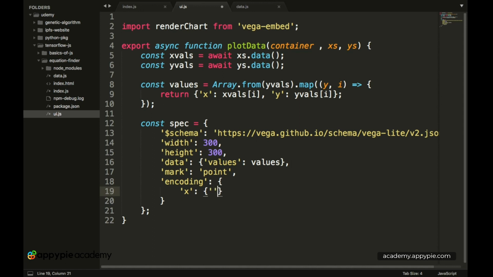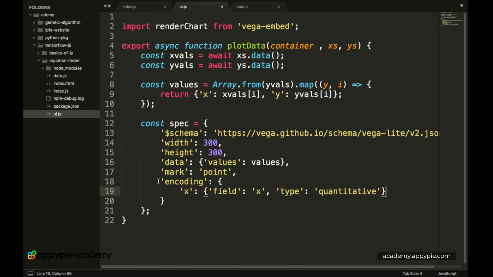So over here we simply have field, which is equal to the value of x, and then we have a comma because we are putting in a new value, and here we have the type, which is equal to quantitative.